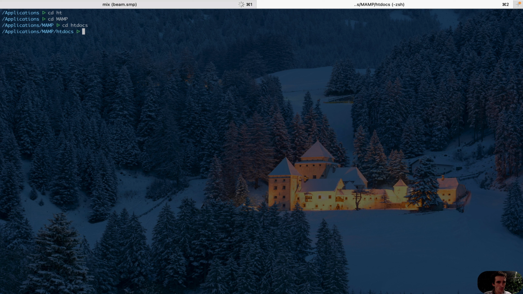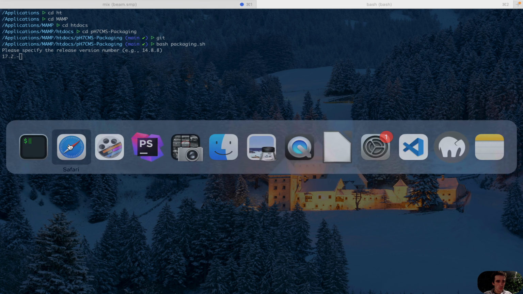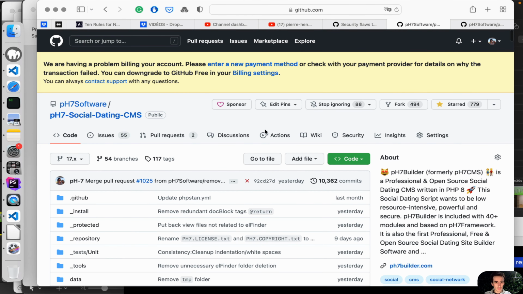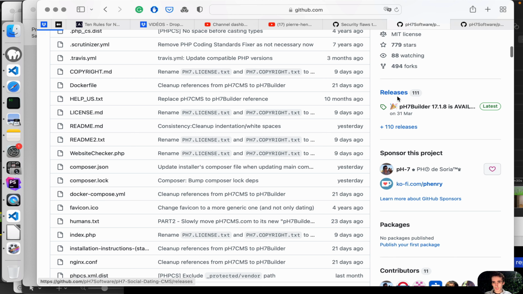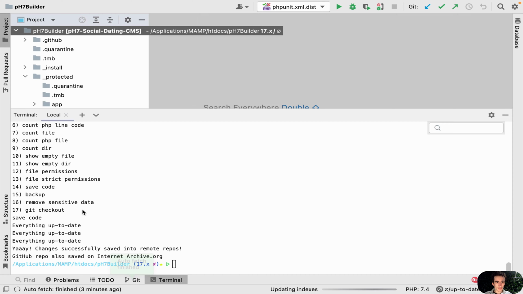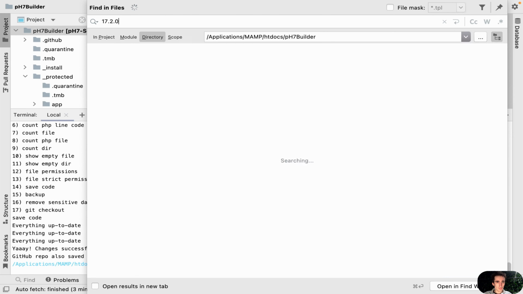So I will show you that repo actually will clone the PS7 CMS repository and will do a lot of different cleanup. So here I go to the PS7 packaging, that one, and there I will just easily do bash packaging, and there I have to mention the name of the version. So the version would be 17.2 because the previous one was